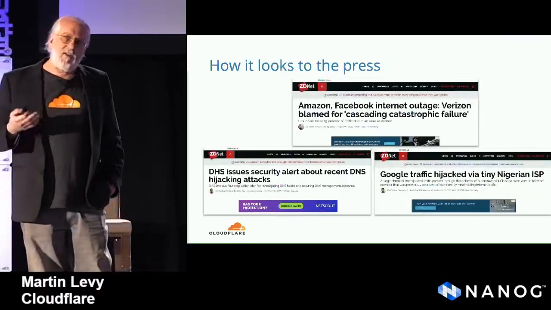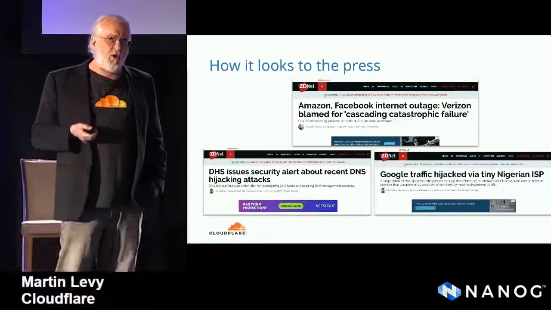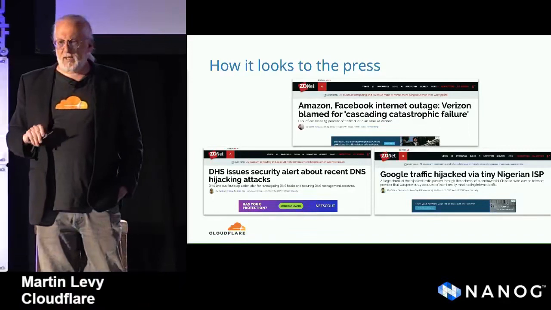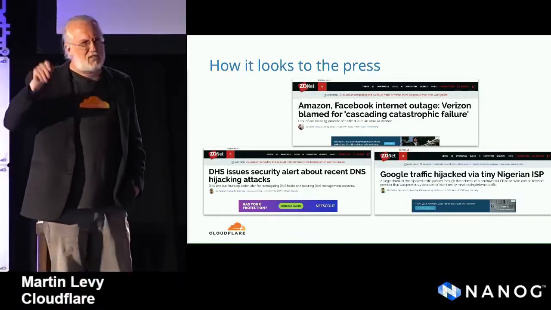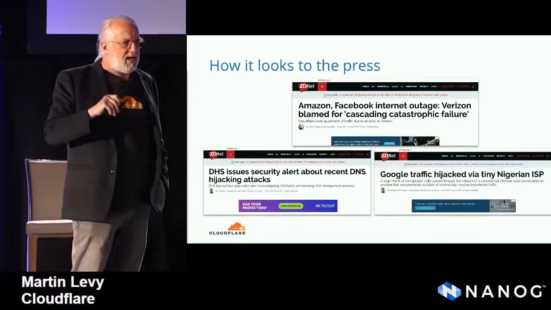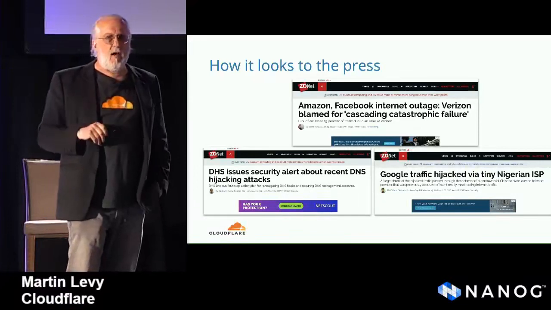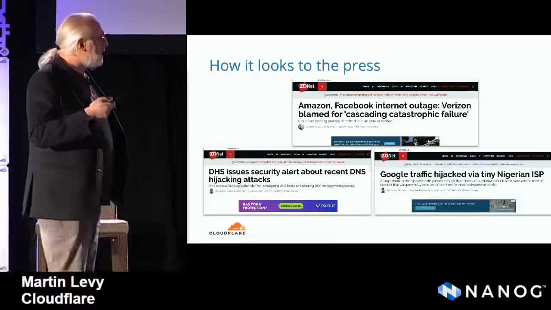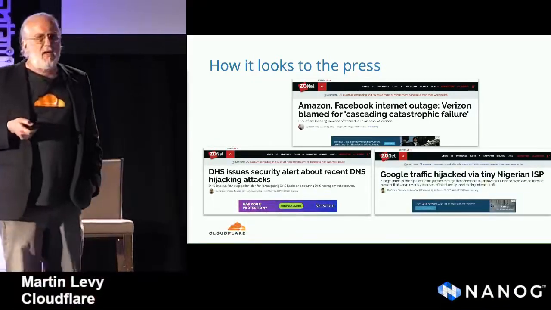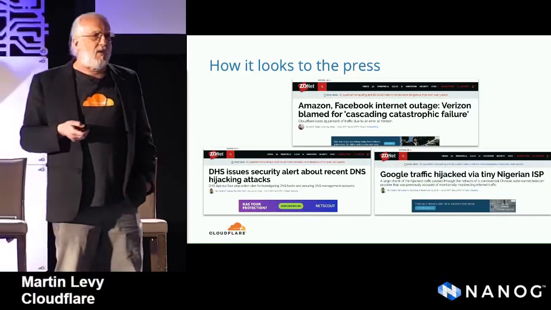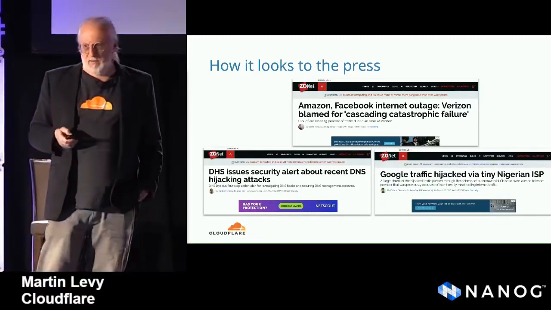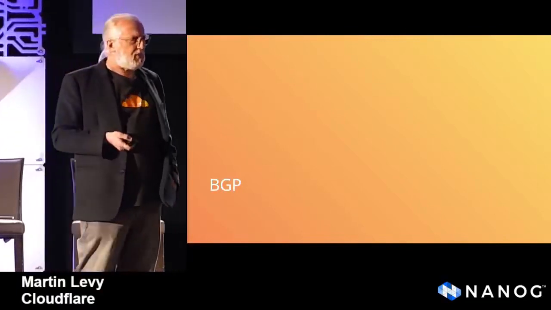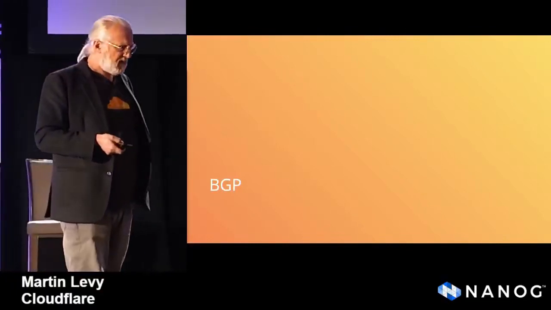But enough about history. I'm going to show a few old articles just to give you one other aspect. This is what the press, what the rest of the world, will publish in the case of a hiccup on the internet. And this is a couple of different events that occurred. And these articles get written on a regular basis. They just happen. Okay, so let's focus on what we know, BGP, and let's talk about what happens in that space.